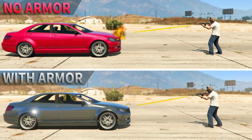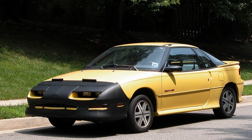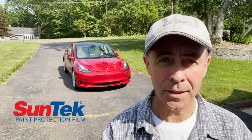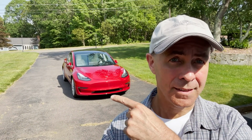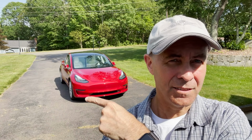But anyway, I did put more on, and you might ask, okay, first of all, why do you need paint protection film? Well, I think it's a great idea because it really keeps the car protected. Back in the days, we used to put masks on in the 80s. Those would be like a vinyl black covering that would strap to the nose. But nowadays, modern times, we have what's called paint protection film. The top brands that make it are Xpel and Scotchguard. There's also Suntek out there. They're all pretty good. My car actually has Scotchguard on the front nose, and it has Xpel everywhere else. Scotchguard is also on the bottom rockers too,